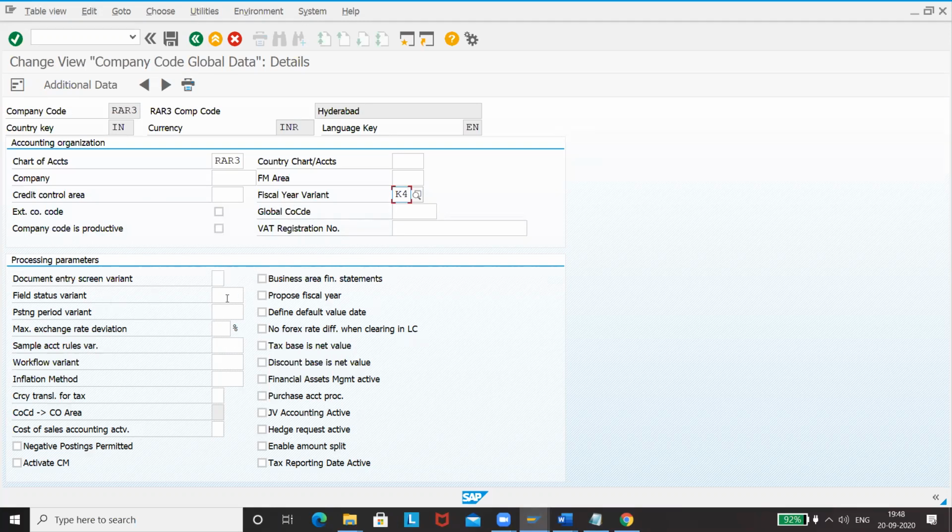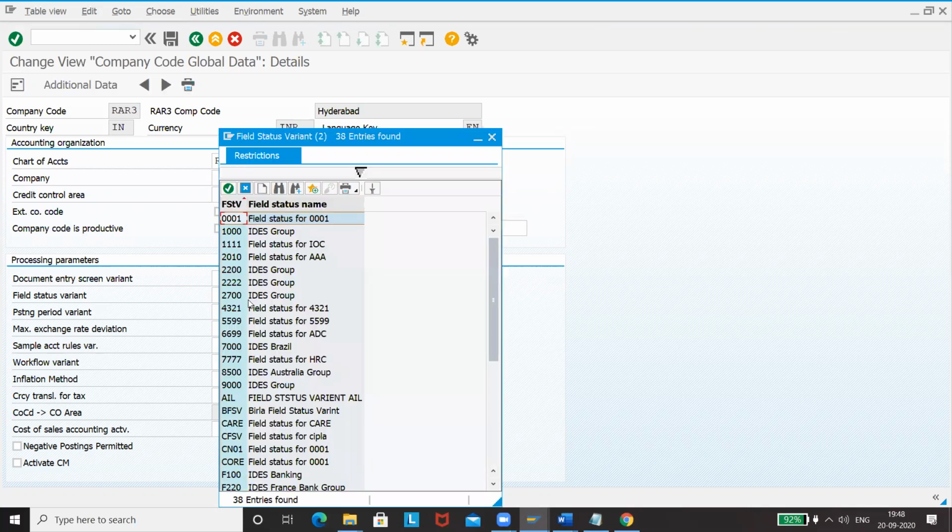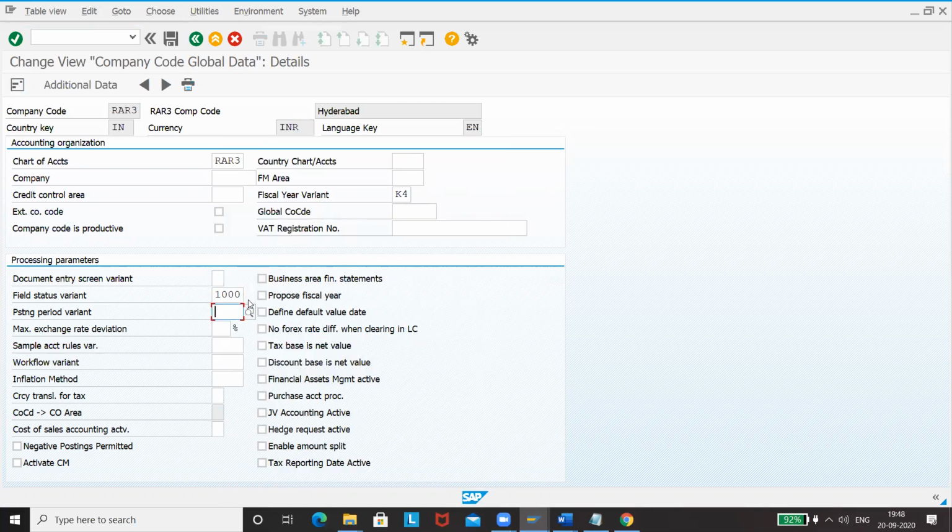Field status variant, please take as 1000. This doesn't make much difference. You can take 1000. We don't have to maintain it from scratch. So posting variant, please take as 3000.